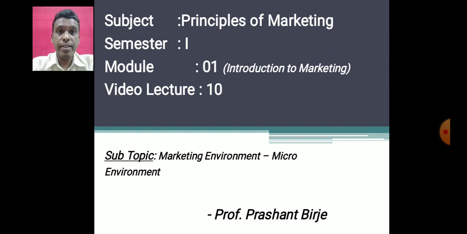For example, in this COVID scenario, we have seen multiple occasions in our city itself, Belgaum, where neighborhood locality people opposed bringing COVID patients into the hospitals. Why? Because certain hospitals were located in residential areas. We have seen this kind of scenario happening in recent times. So this is how local publics will affect our marketing many times.